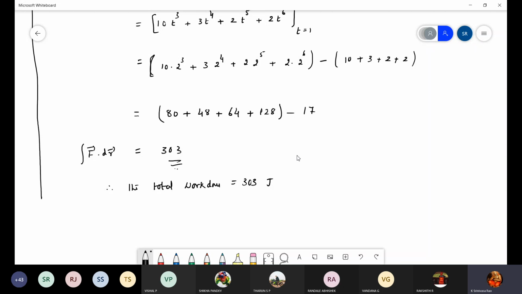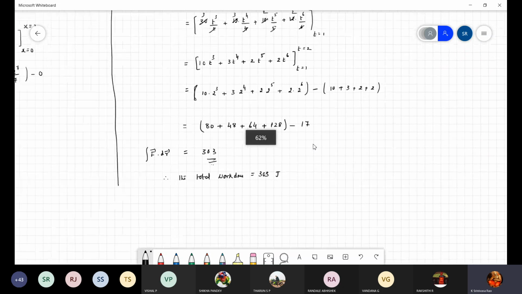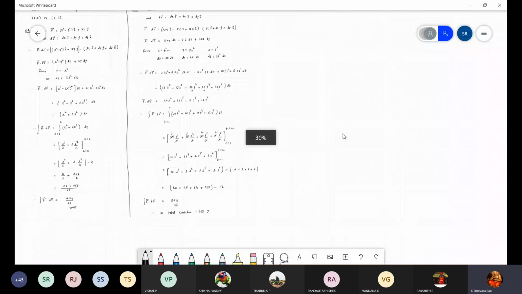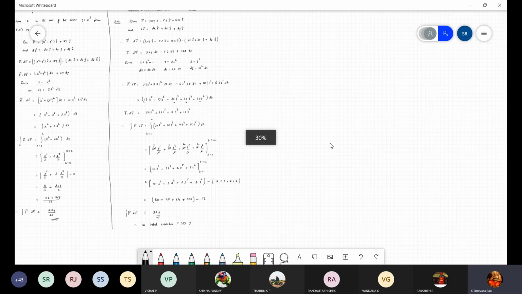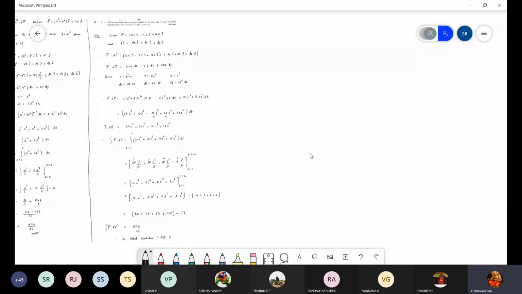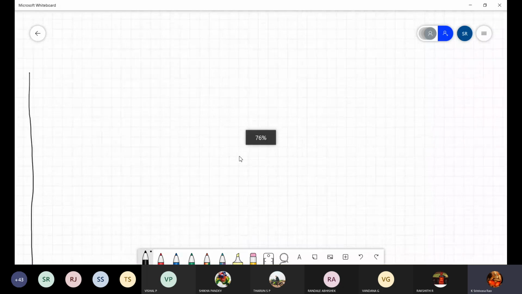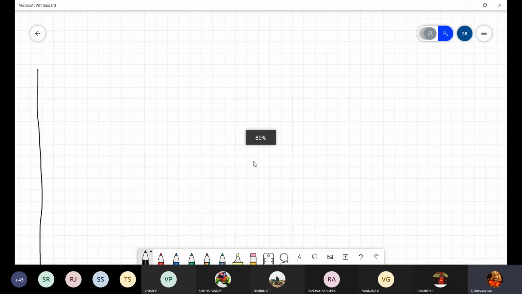Got it. So this is the question paper problem and this is the way of solving. The procedure is the same. If they ask evaluate f dot dr, it is like a mathematical problem. If they ask to find the total work done, it is a physics problem. That's it. Application. One more question paper problem I'll take, and I'll finish today's class. 1 minute.